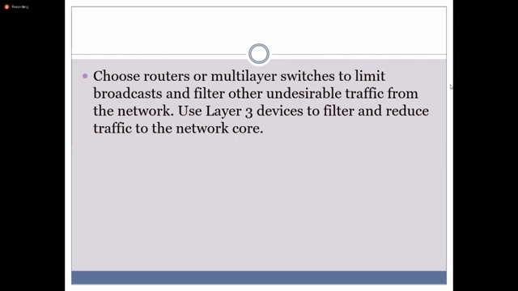So you can decide what type of routers or multi-layer switches, that means not L2, these L3 switches, and how to use them to limit the broadcast and filter undesirable traffic that goes out from your network and comes to your network. So use layer 3 devices to filter and reduce traffic to the network core.